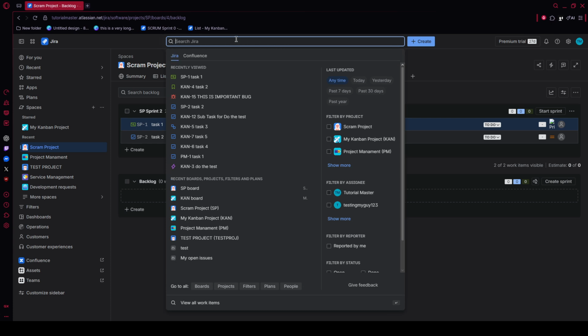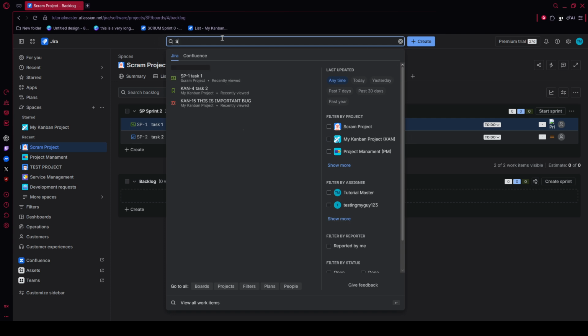If you already know the exact issue key or a few words from the issue summary, click into the search bar and type it in. For example, entering an issue key will take you directly to that ticket after you press enter. If you're searching more broadly, type a few descriptive keywords instead. As you type, Jira will show matching results in a dropdown, which can save you time before you even open